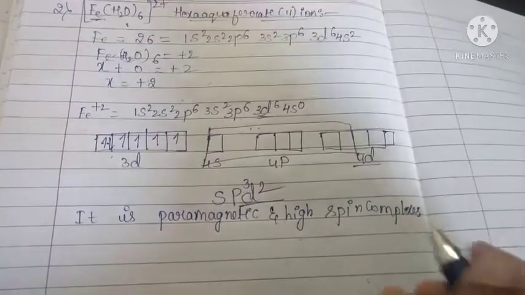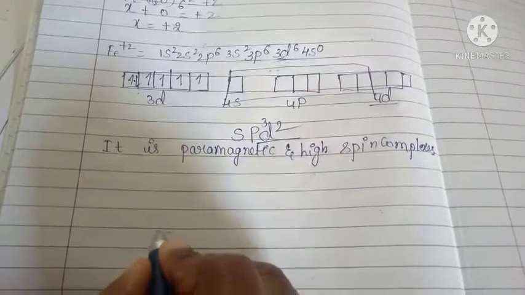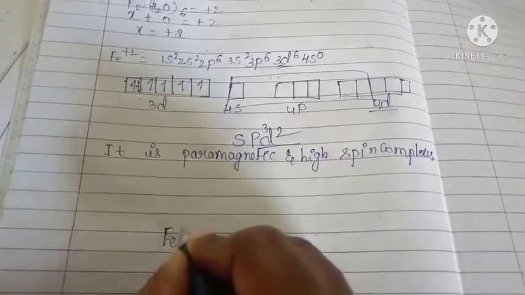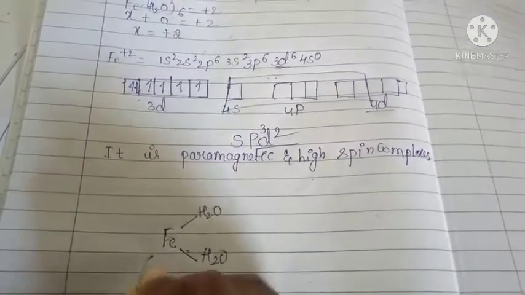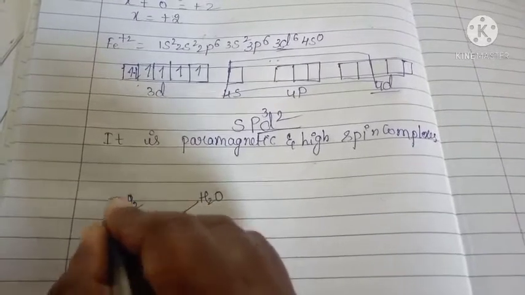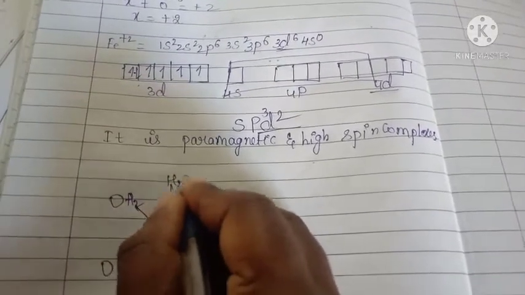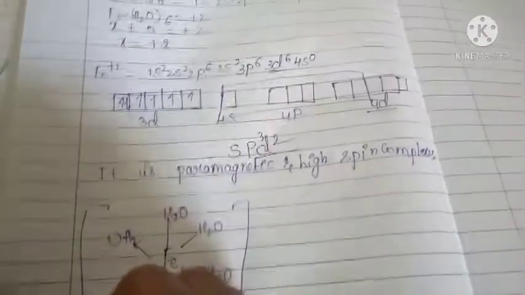Okay, and the structure is iron with H2O, H2O, H2O, H2O, H2O, H2O. 6 H2O is there, and the charge is